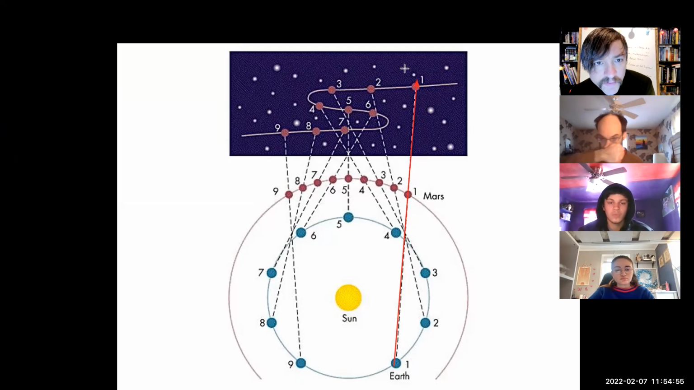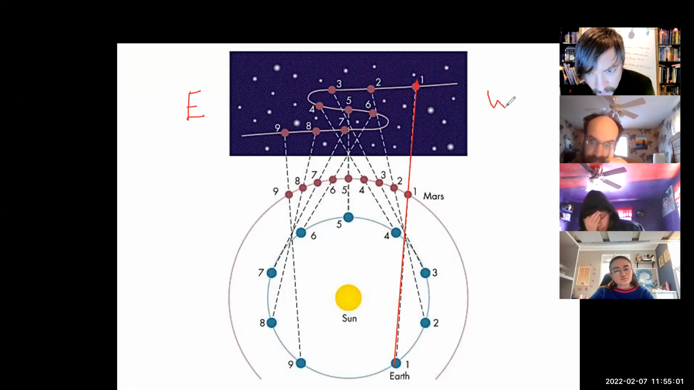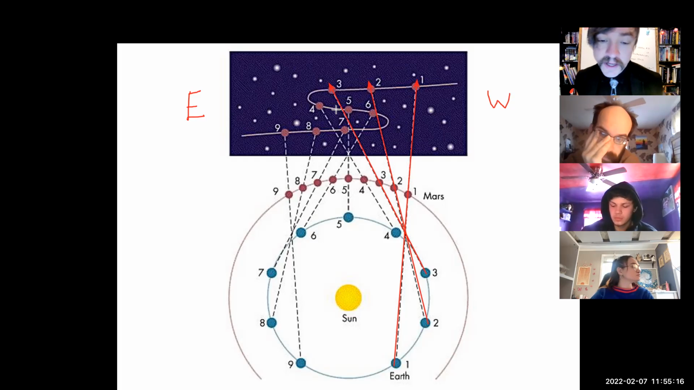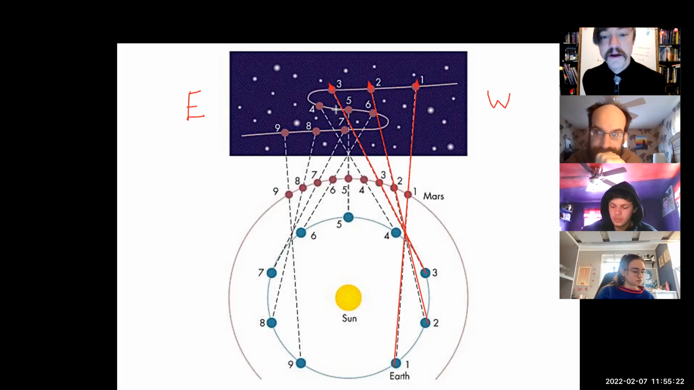Now, let's remind ourselves that this would be the ecliptic, and this would be east, and this would be west. You'll notice that the planets are traveling east, or counterclockwise, around the sun. In configurations 1, 2, and 3, both Mars and Earth travel eastward along the ecliptic, but Earth is closer to the sun and it moves faster around the sun, so it starts to catch up to Mars, but it keeps